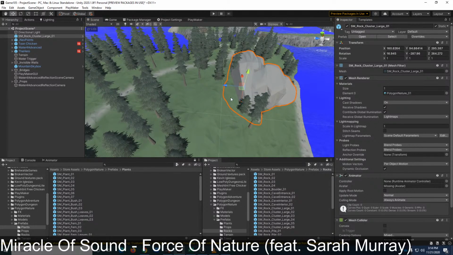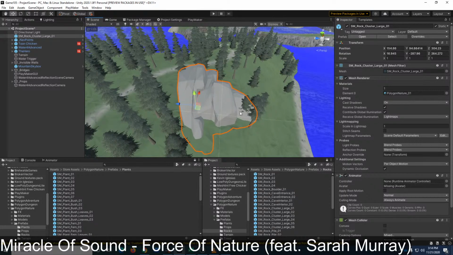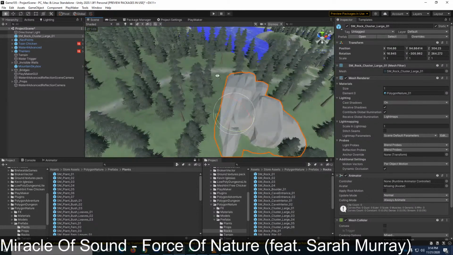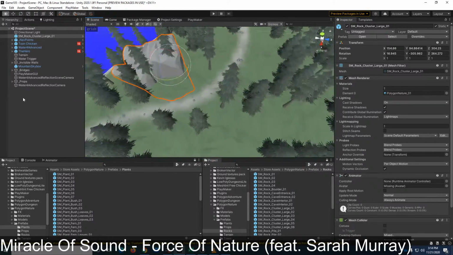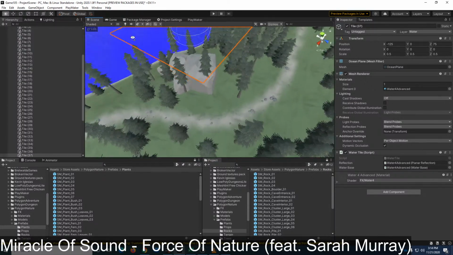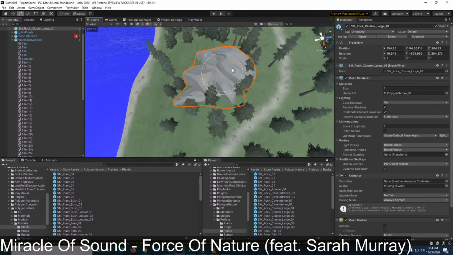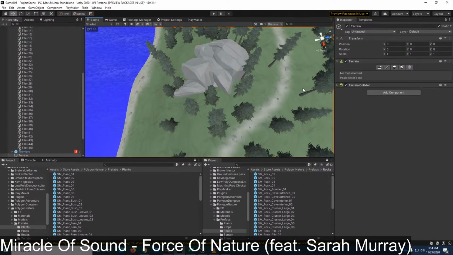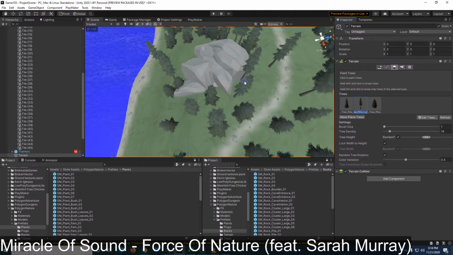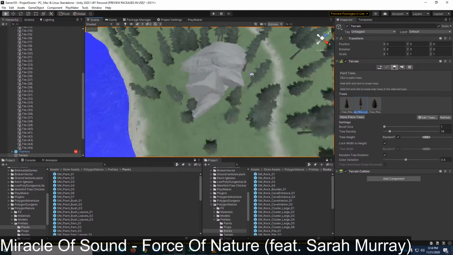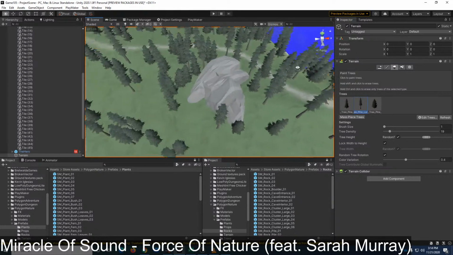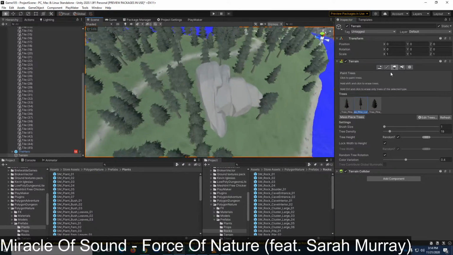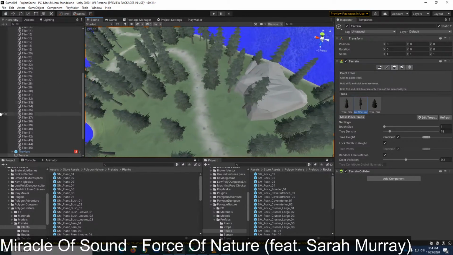Let's see here. Let's definitely change that to global for dragging this guy around. There we go. And switch back over. Make sure I don't have any trees growing in the rock, just things around it.